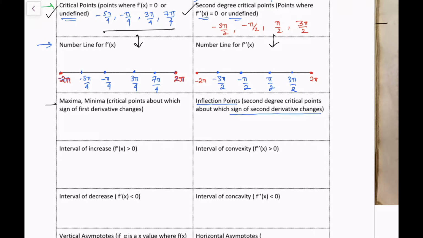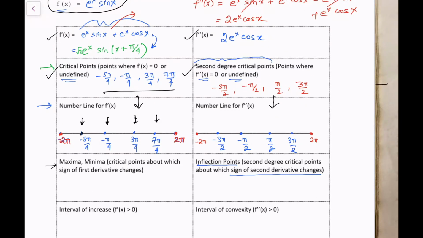We will talk about maxima, minima, and the points where the curve basically reaches a peak or a trough. So we want to focus on these critical points of the first derivative that we have already found. And we want to see how the sign of the first derivative changes about these critical points. At the critical points, the first derivative is of course 0. To find out what's happening in between two critical points,